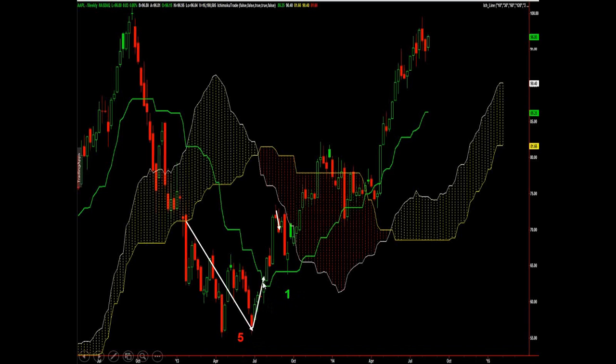Green specifies it's bullish, red specifies it's bearish. Okay? This will remain a 1 until a pivot's formed. Okay? The moment this bar right here closes, the pivot forms. The moment that bar closes, it goes to number 2. Now, you as a trader now have the ability to set up for a pullback trade or a breakout trade if you're a counter trade. If you're a pullback trader, what you're going to do is you're going to look for the flat cadencing here,